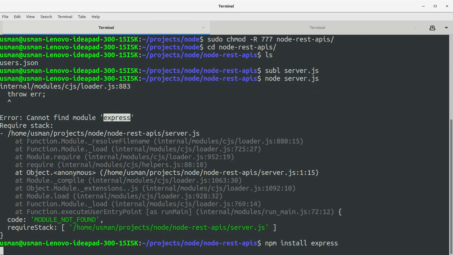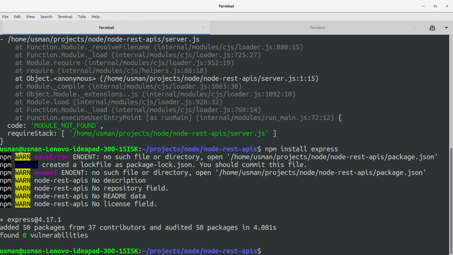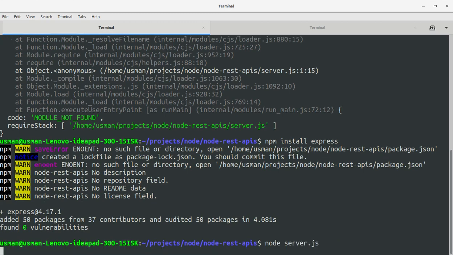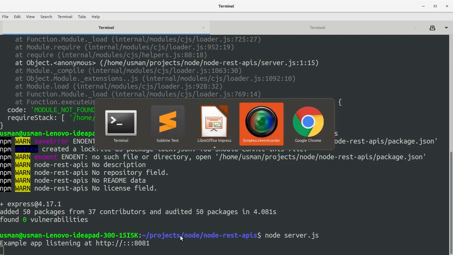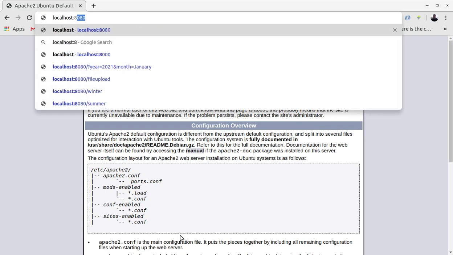npm install express. Okay, express is being installed. It will take a while. Okay, let's install. Okay, we have a permission issue, I think. Okay, let's start the server. Okay, we have the example app listening at port 8081, and I'm going to hit it in the browser,